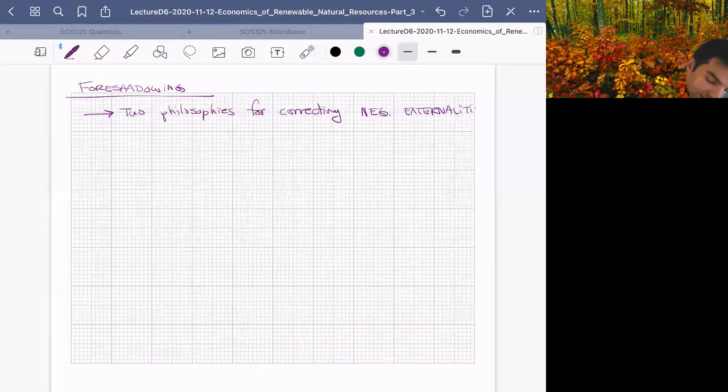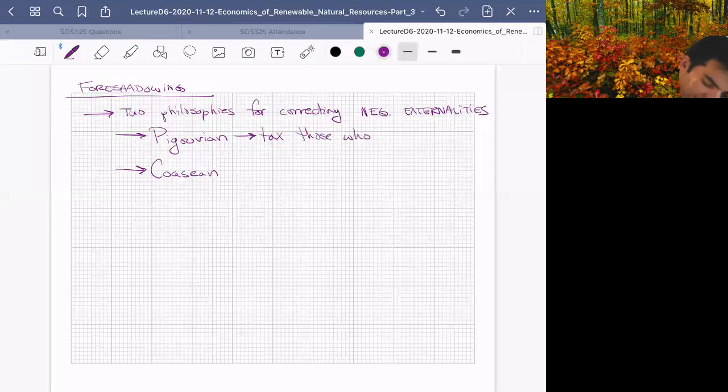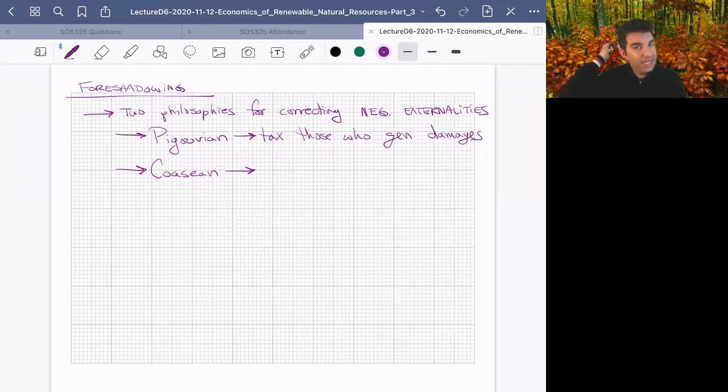And again, we will talk about these in more detail in the last unit, Unit E, but these are the Pigouvian approach and the Coasean approach, named after some old economists. And the Pigouvian approach is that you tax those who generate damages. And the Coasean approach is government stays out of it, and